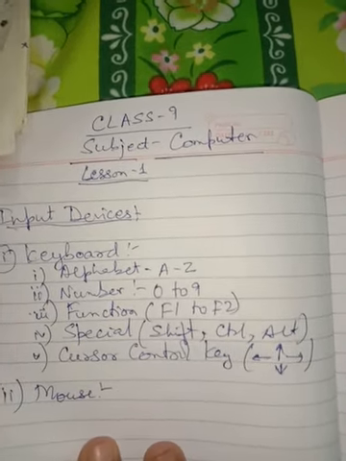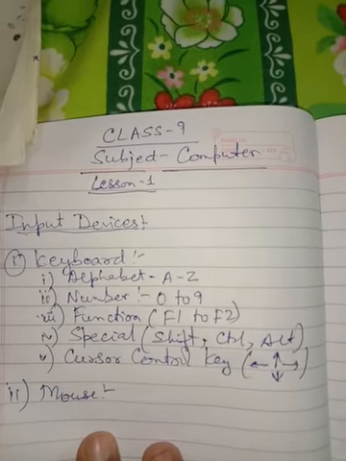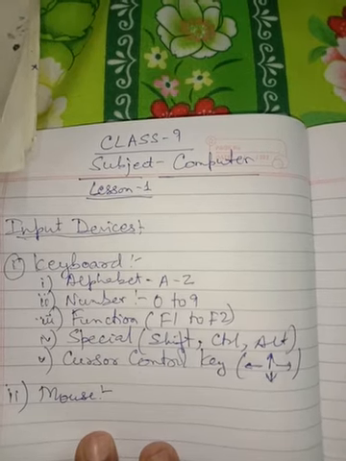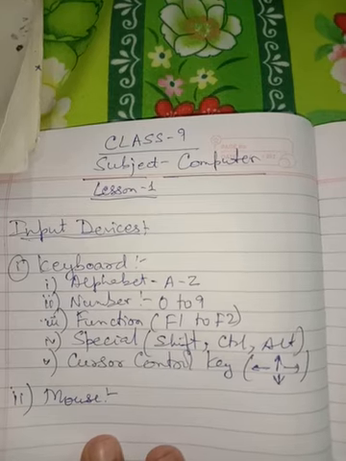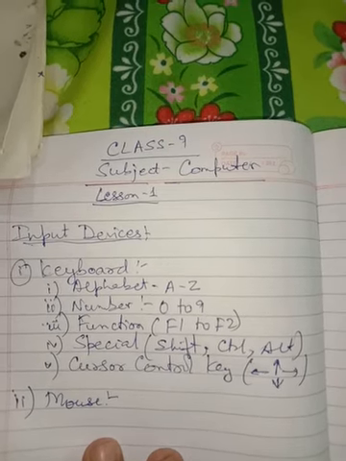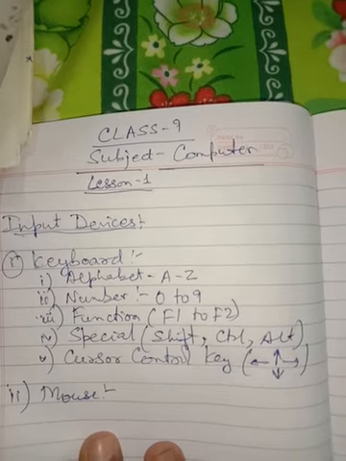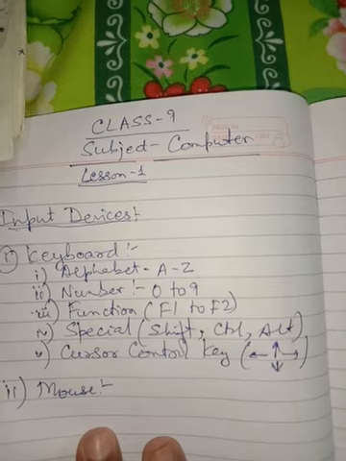A mouse is a pointing device with the help of which we can point to the location where we want the input. We generally have a cursor on the screen, and with the help of the cursor we can have a single click or double click, or we can select any item on the screen. There are mainly three types of mouse: mechanical mouse, optomechanical mouse, and optical mouse.